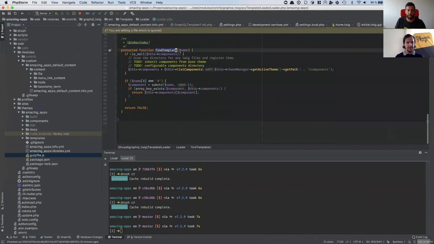And if the template that you're trying to address starts with a hash, then it kicks in and tries to pull this template out of the components folder. So that's the only connection we actually really need between GraphQL, between Fractal and Drupal, that they are able to address templates the same way. Yes,